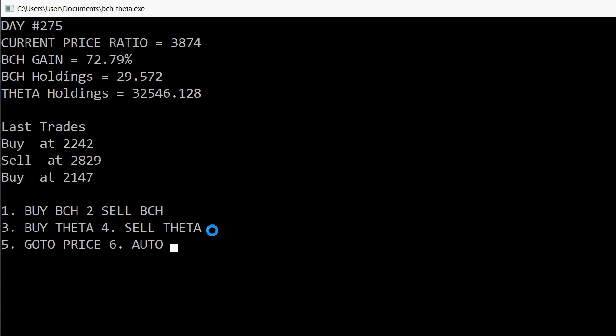Now a huge gain by Bitcoin Cash here, going up 72%, up to 38.74. So maybe you want